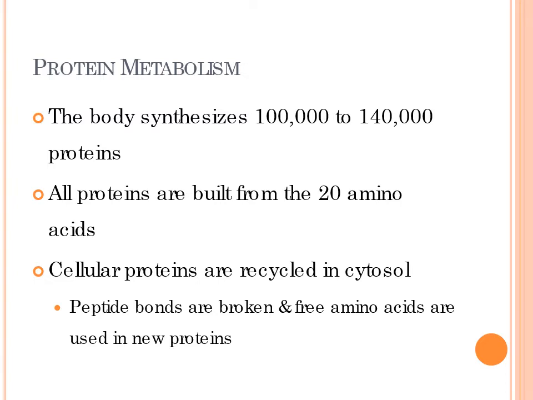The other essential amino acids must be found in the diet. So if you don't have enough, it's going to interrupt the synthesis of many proteins within your body. Essential amino acids include isoleucine, leucine, lysine, threonine, tryptophan, phenylalanine, valine, and methionine. We have to have a dietary source of all of those essential amino acids.